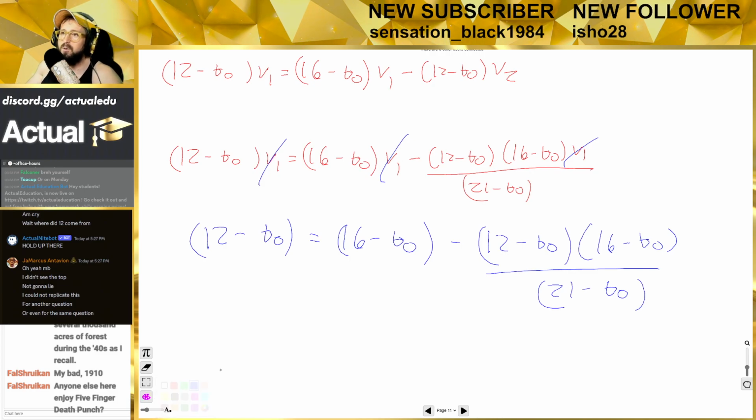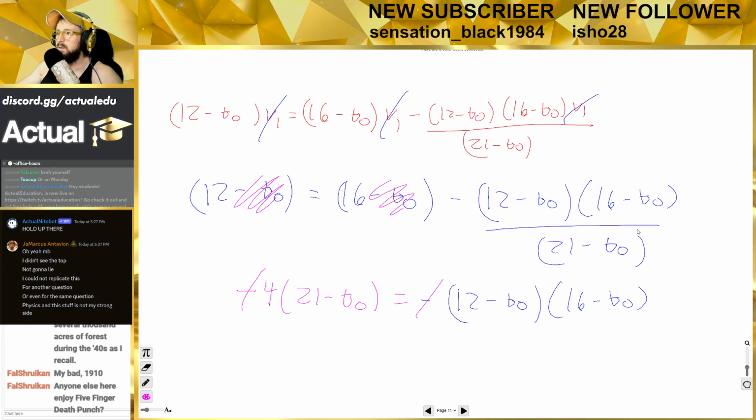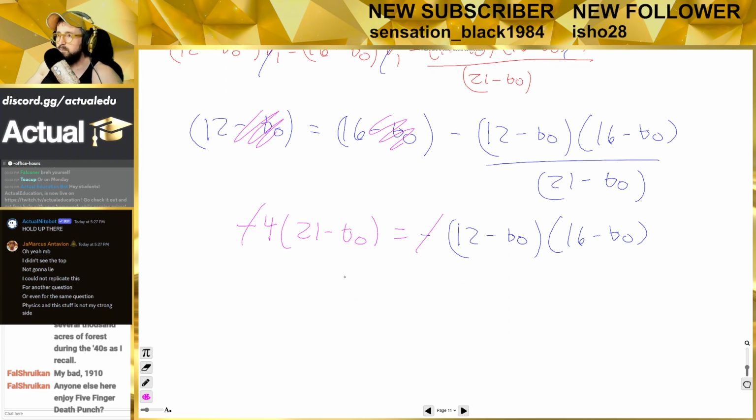Well, some things go away, which is nice. This goes away, right? This goes away. Bye-bye. That becomes -4 times 21 minus t0 is equal to this garbage. Minuses go away. Cool. So I get 84 minus 4 t0 is equal to